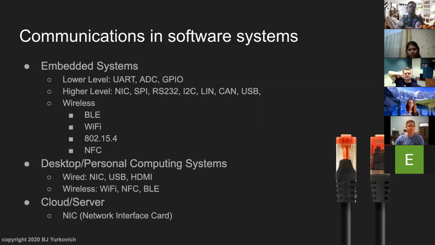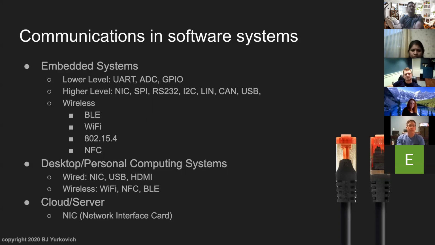And so taking a step back, we talked about this in the first lecture as an introduction, but now that we've been exposed to and done a lot of these things, where do we actually start talking about physical communications? Those start with the embedded systems, and guys like Clayton deal with these every day, right? You have the low level: UART, SPI, ADC, GPIO. A little bit higher level, you might consider LIN and USB and even CAN.